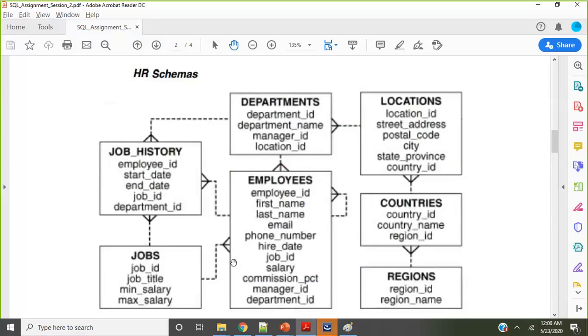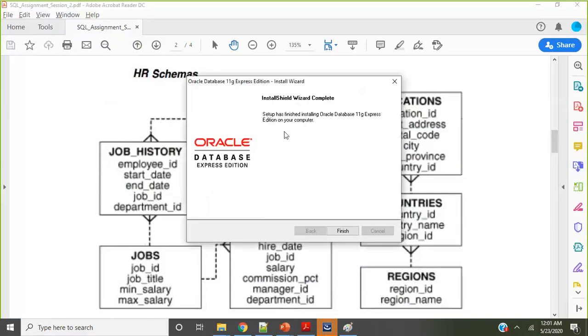Now if you see here, each employee is given a particular job title. So you have the job table, and then the job history that will tell you if an employee rejoined, if an employee changed his department, if an employee got a promotion or got a different job title in a certain period of time. So this is a very high-level data model I just talked about. I'm not going into detail, I just utilized the time while Oracle was being installed. Oh, I can see it is installed. Wow. So the first step is done. Click on finish now.